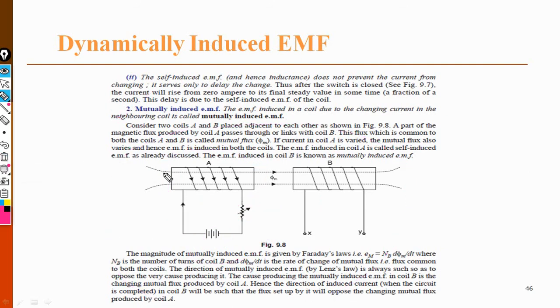Then the magnetic flux passes through the conductor. Now this is the magnetic flux. This magnetic flux links with the conductor, then EMF gets induced. After the EMF gets induced, this magnetic flux links with the other conductor, that is, this is the second conductor and this is the first conductor. That means the EMF induced in the first conductor linking with another conductor is called mutual induced EMF.